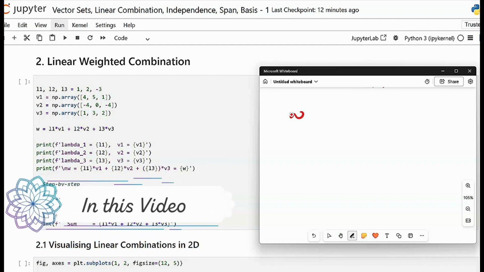This is what our weighted combination is. It takes a set of vectors and a scalar weight. So here it is: scalar weight lambda 1 and vector v1, lambda 2 and vector v2, scalar lambda 3 and vector v3, and so on till lambda n and vn. We can shortly specify this as the summation of i equal to 1 to n of lambda i vi. So this is exactly, dear friends, a set of vectors